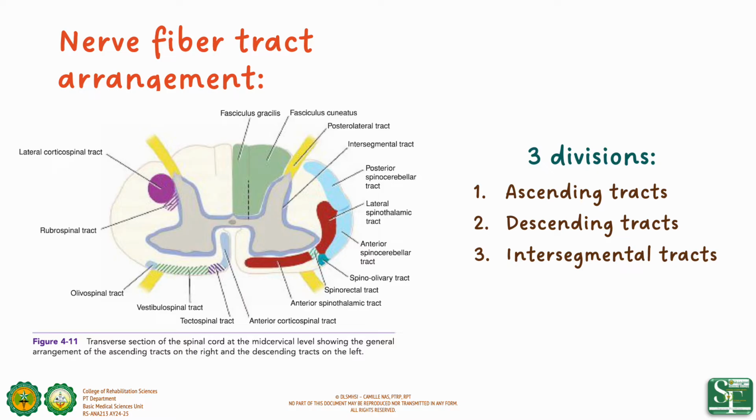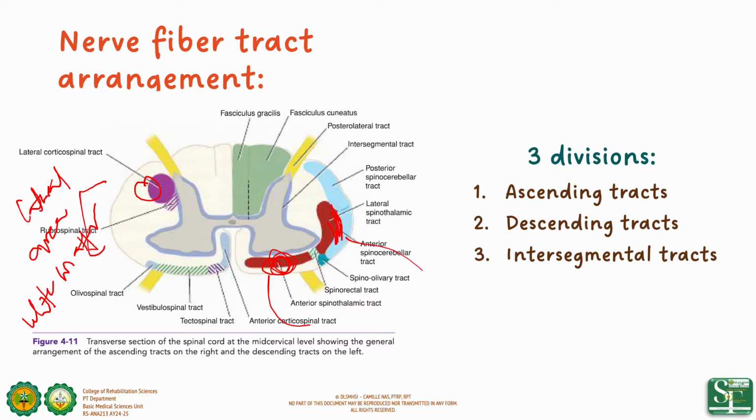Ito na yun, yung mga mini-mention ko kanina, no? Ayan, sabi ko nga kanina, the corticospinal tract is found here. Nasa may posterior, lateral na lang, para hindi tayo malito. Sa may lateral area ng white matter, kasi mga tracts na yung pinag-uusapan natin. Next is the spinothalamic tract. It's on the anterior and the lateral